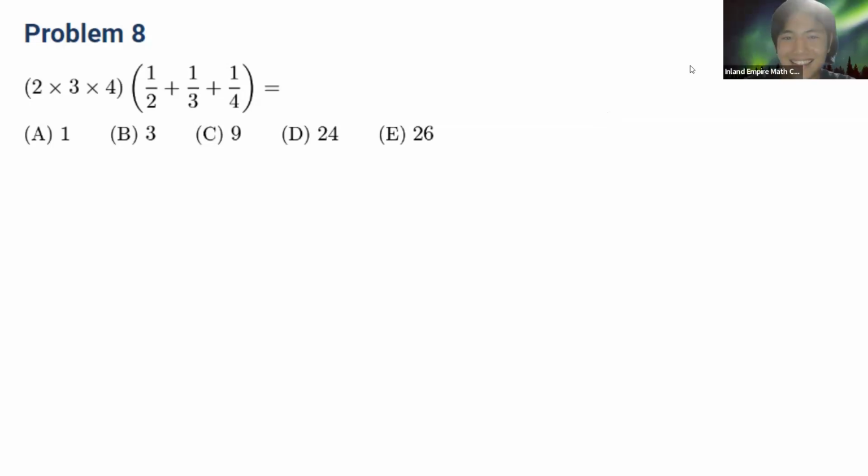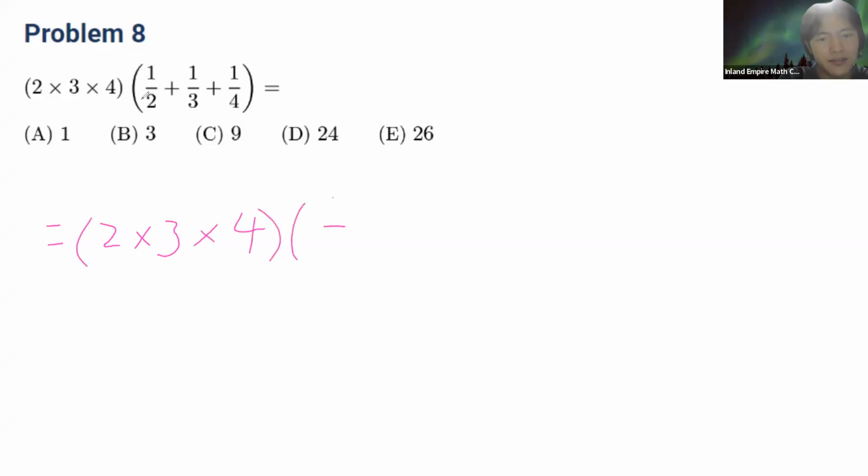It's okay. So I guess there's a couple ways you can solve this, right? The first way is you can just brute force this, evaluate this, and multiply them together. But if you want to be a little lazy and you don't want to add all these fractions together, what you can do is use the distributive property, right? Actually, you don't even need to multiply the first one out, because all you have to do is 2 times 3 times 4 times 1/2